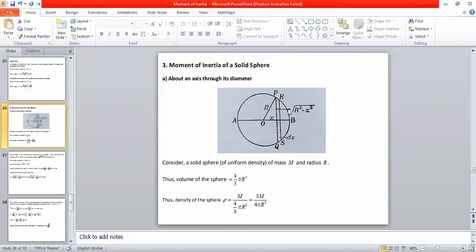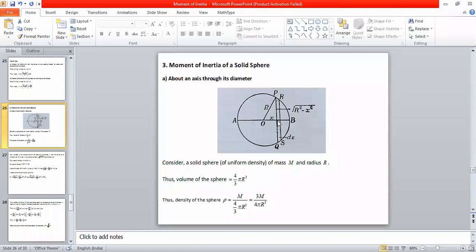PQRS is a circular disc because this whole thing is a three-dimensional sphere. A section in the form PQRS would definitely give us a circular disc. Okay, so PQRS is a circular disc. So for this circular disc, the radius is actually not given. From O, the center of the sphere, to the edge of the disc, that distance we have taken as x, and this distance OP is nothing but the radius. So therefore using the Pythagoras theorem, this is the hypotenuse side, R square must be equal to